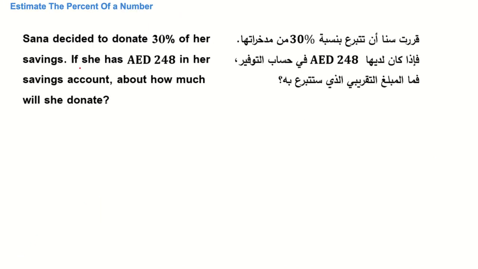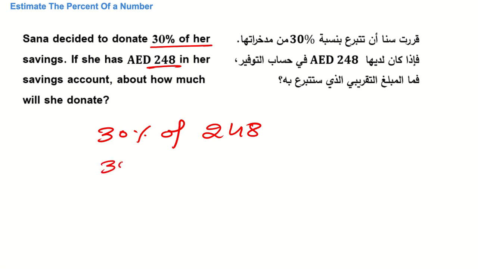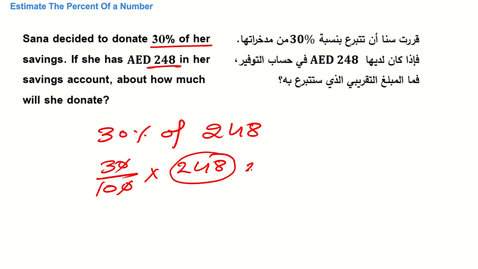Now the next question can be: Sana decided to donate 30% of her savings. If she has 248 dirham in her savings account, about how much will she donate? So easy question for you. 30% of 248. So this is 30 over 100 times 248. Let's talk about this. 10 will be cancelled out. By estimation also you can find the answer because 248 is closer to 250. So this 10 also will be cancelled out with this, and then 3 multiplied by 25